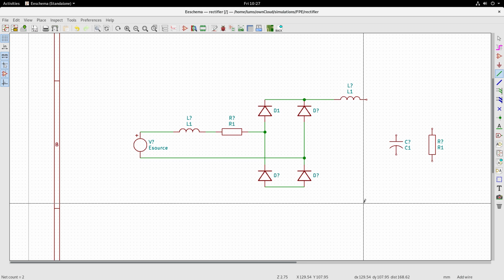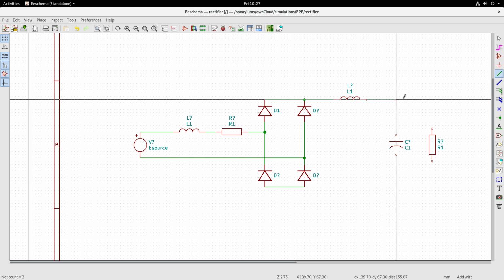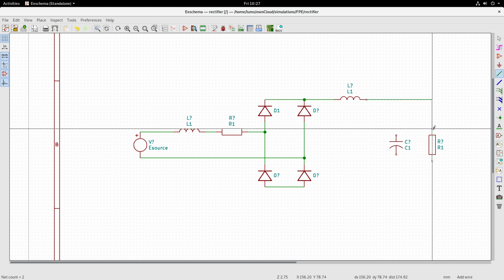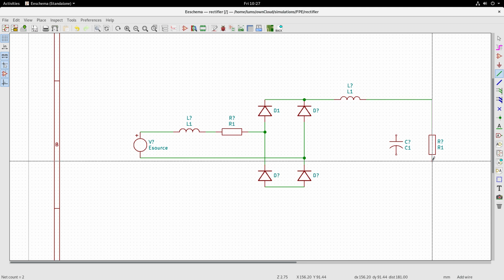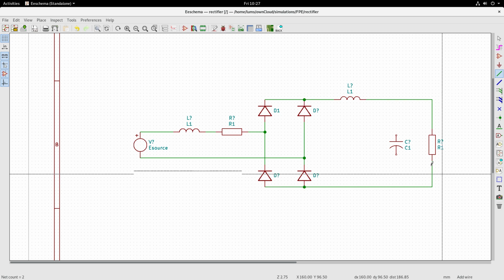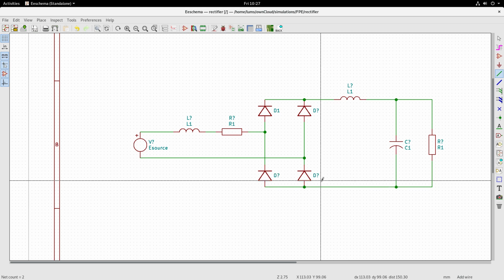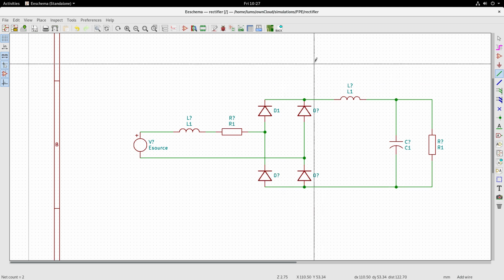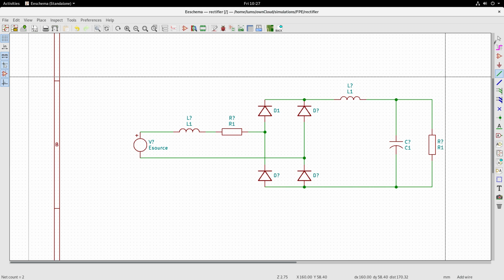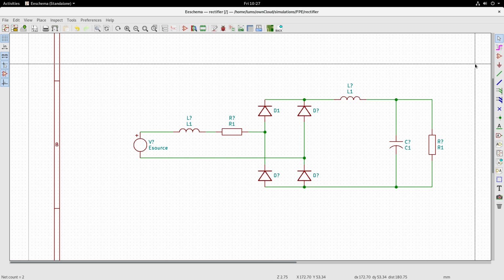So this way the source is joined there, and so I made the connection to the load, and the capacitor has to be included in this fashion. So great. So we have the entire circuit now. Let me change the mouse cursor. So this is the entire circuit.